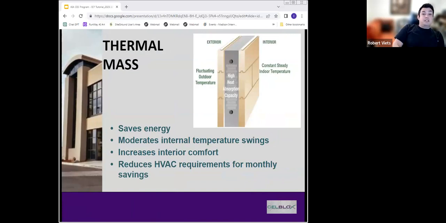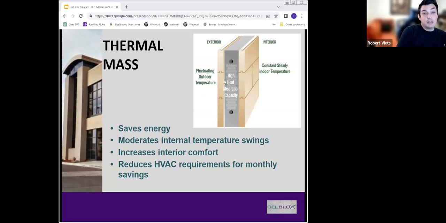I mentioned thermal mass in the other slide just a second ago. That is actually one of the best features of an ICF wall, its thermal mass. And that is why an ICF wall will thermally outperform any other type of wall, no matter what the other wall's R value is. The thermal performance of the ICF wall will still be higher because of the thermal mass, for two reasons. It's the thermal mass of the concrete, and also the lack of thermal bridging between the